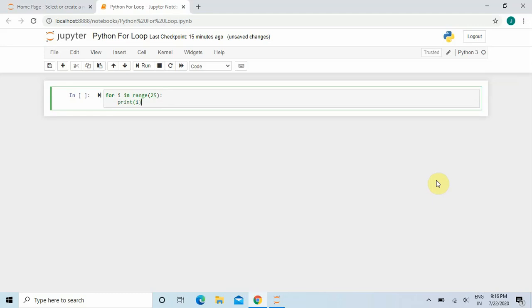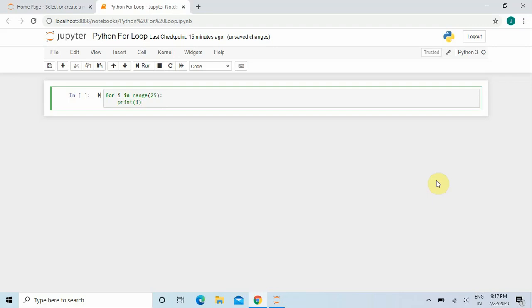A for loop is actually used to repeat a block of code a fixed number of times. So you can see here that since I'm writing 25, I want to print numbers up to 25. So I'm repeating the same step, that is displaying the numbers by incrementing them by 1 and displaying the numbers up to 25, for which I'm using the for loop.